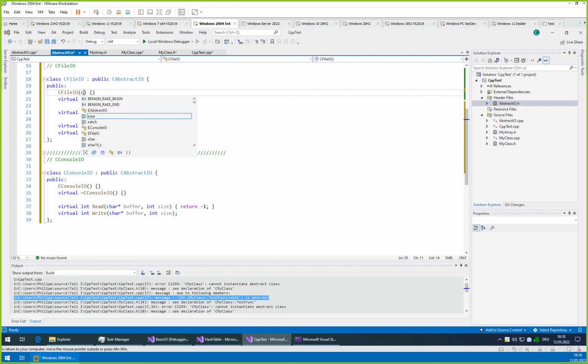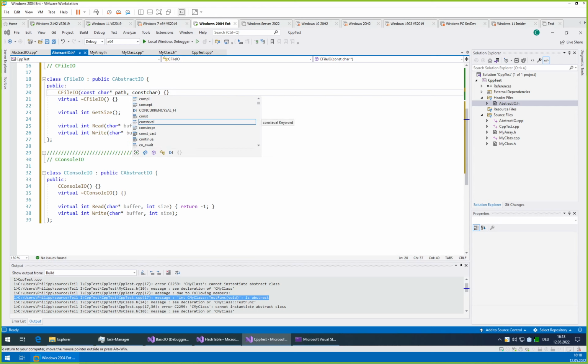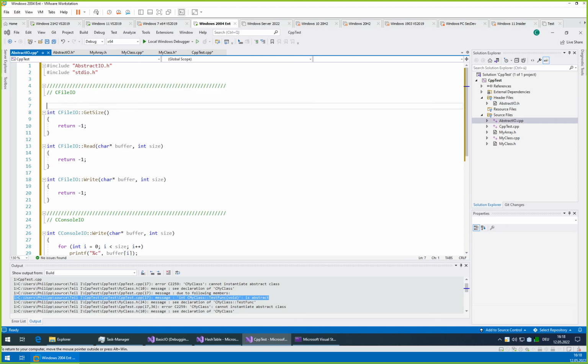So that should be const char asterisk path and const char asterisk mode. We can provide a default argument for that, would be "r". So by default we just want to read a file. Yeah, so we will need to implement this as well.